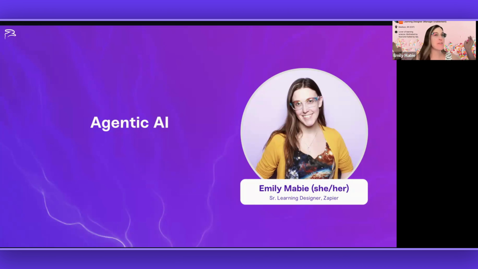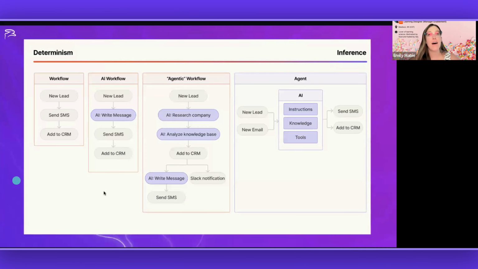We're going to talk about one of my favorite topics, which is agentic AI. We can actually start on the first slide I've got, which is a diagram here of a continuum. If you heard Zapier in my intro, you might be thinking of automation, because that's sort of where our wheelhouse was. Traditional automation, you'll see all the way on the left, is built on determinism, which means you're